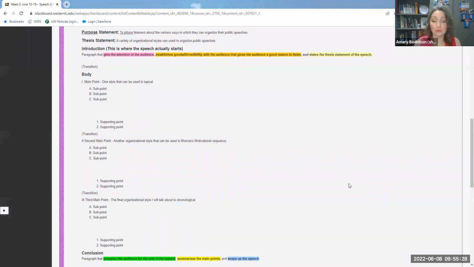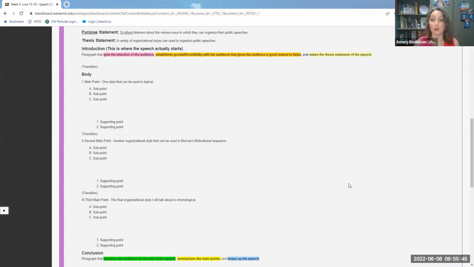And when you do research for a speech, you need to verbally signal when you're using other sources. So when you write an essay, you use those in-text or parenthetical citations so that your reader knows these are somebody else's ideas or words. When you're publicly speaking, you have to verbally signal.